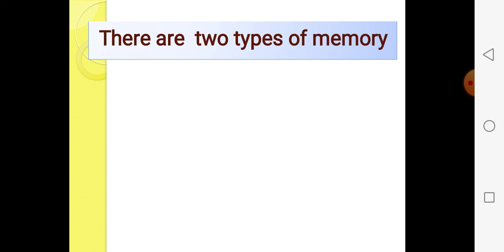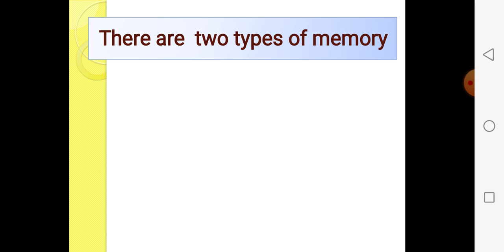Now, there are two types of memory, and all data is stored in storage devices. Storage devices enable you to store data and information, and the storage is known as computer memory.